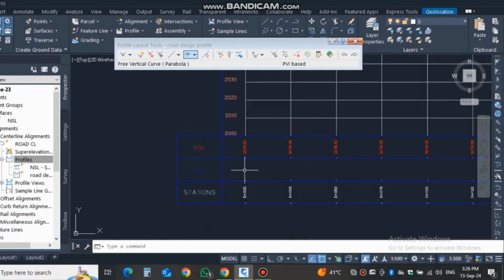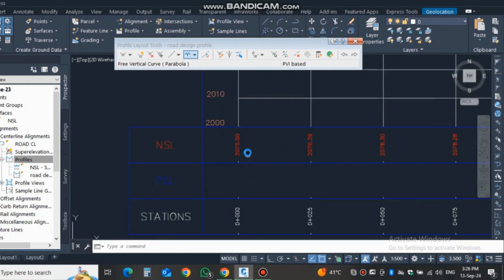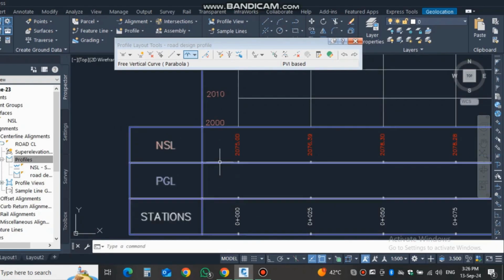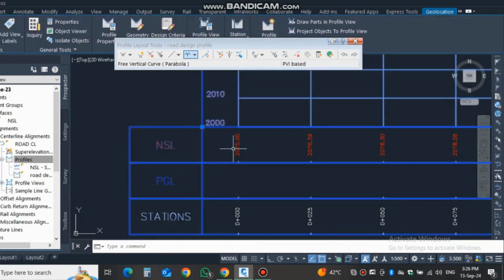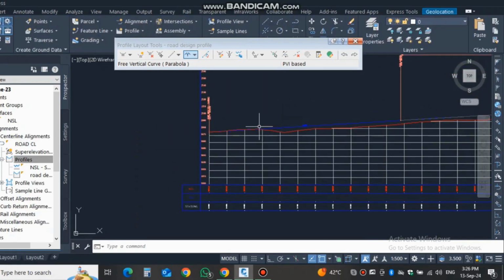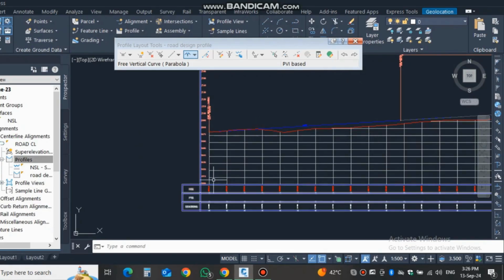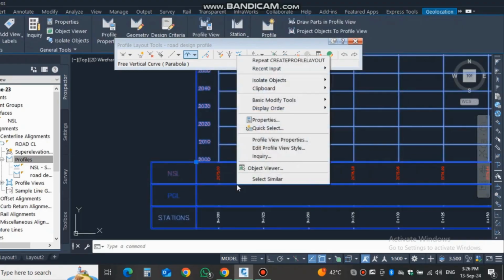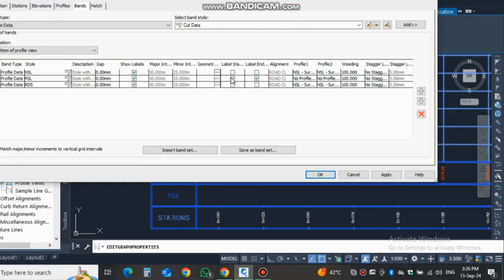Now if you come to the natural surface level, it is correct, but if you can see, the profile grade level is also the same as the natural, because when we created this band, the profile and the stations were created before we created the design, so it's the same. So from here what will you do? Right click on the profile,